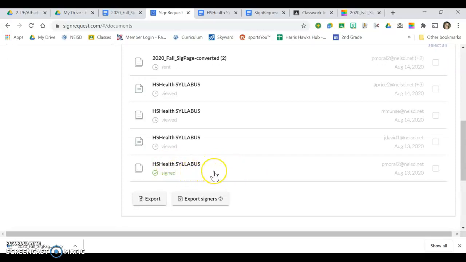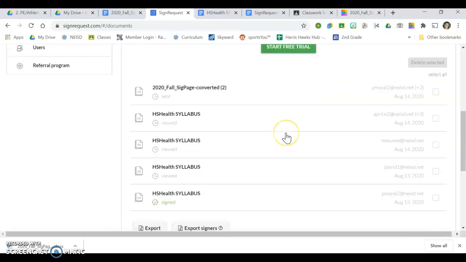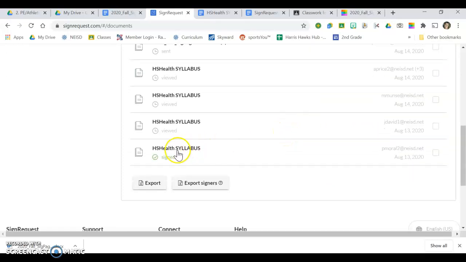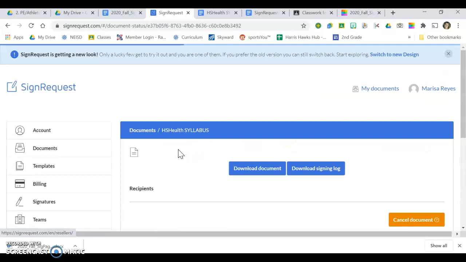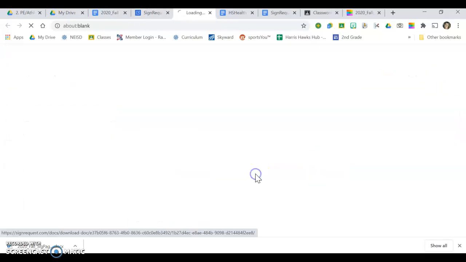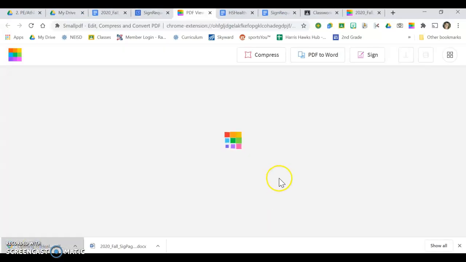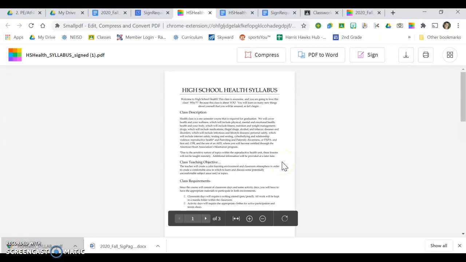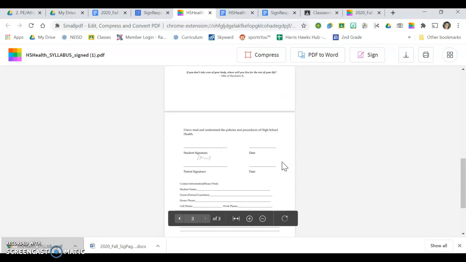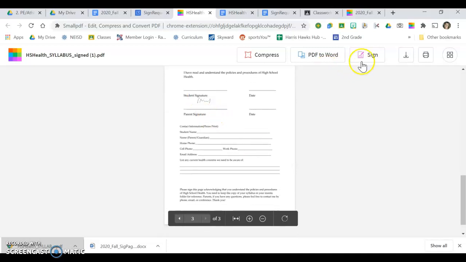So this is what it's going to look like when it's signed, because all the things that you've sent, and who you sent them to, are right here. So I'll show you what the syllabus looks like when it's signed, even though the verification receipt is what we need. So you just click download document, and then it downloads, you open it up, and right here is the health syllabus. It's not the one that we need to keep on file,